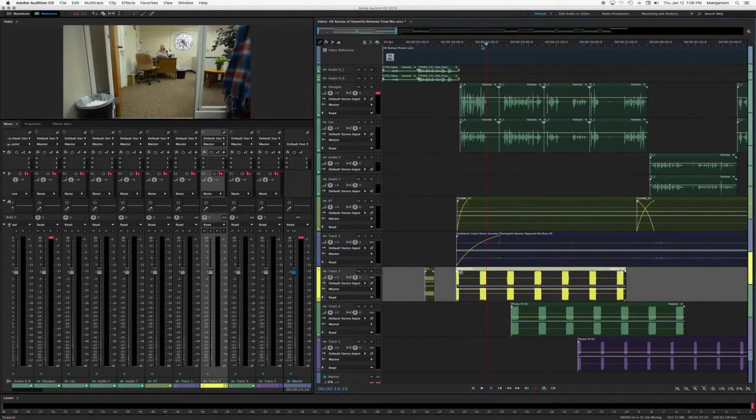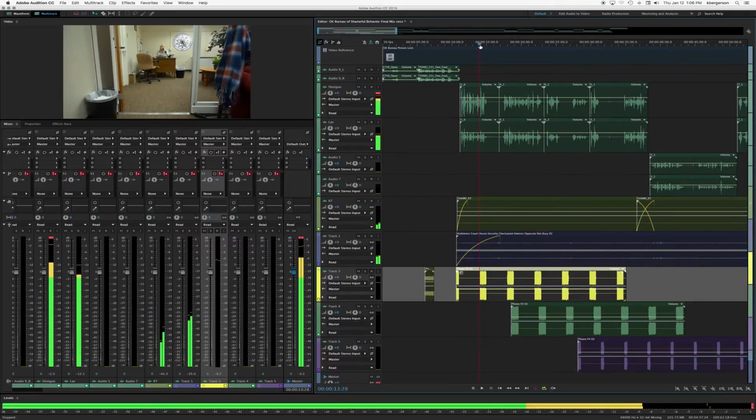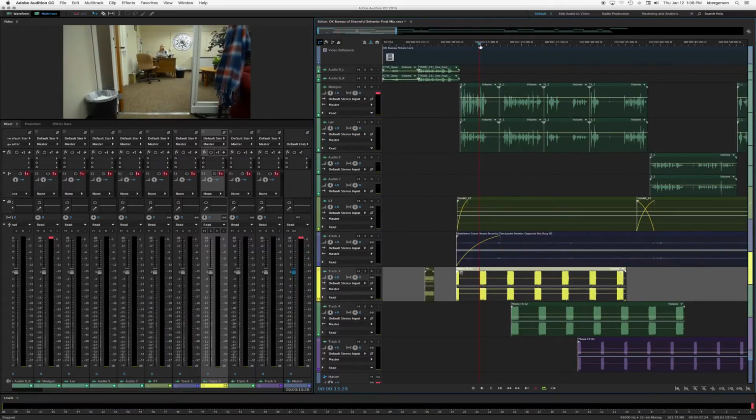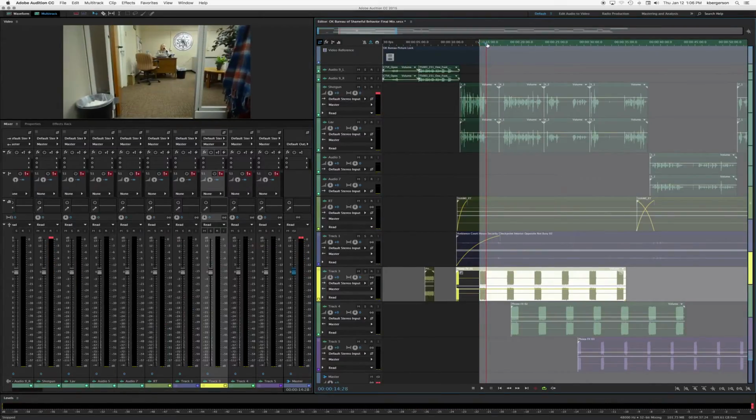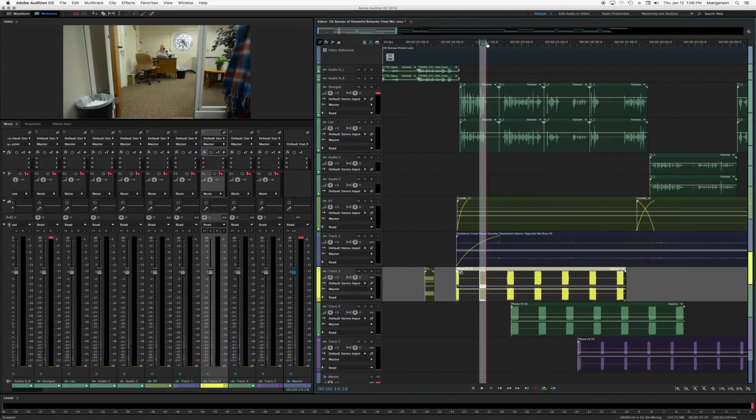Well, now one thing we can do if we're trying stuff out is if I put my play head here and I hit I, that will set an in point. And if I hit O, we will get an out point. And with the loop chosen,